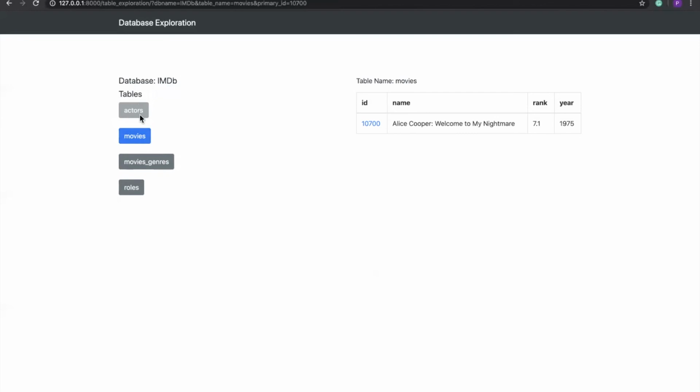The one that cannot be clicked on is the table that does not have any relationship with this particular ID or table. So none of the columns from the movie table have any kind of relationship with the actor table. That was something that we wanted to emphasize, to explain that this primarily works just based on their foreign key and primary key relationships.